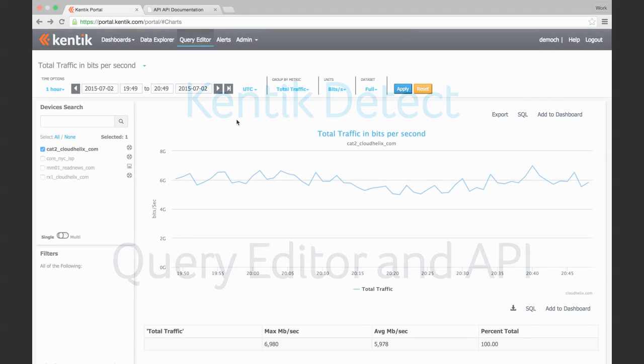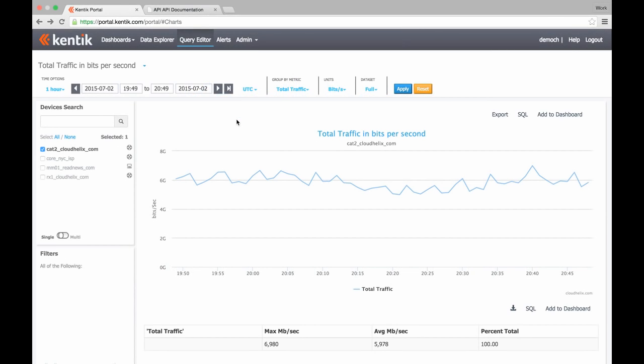In this segment, we're going to see how Kentik's SQL syntax querying and REST API make it easy to get fast, direct access to your network data. Although the Kentik Data Engine is built on a custom distributed column store database, we've chosen industry standard SQL as the query language. All of the graphs and tables you see in the Kentik Detect portal are powered by SQL